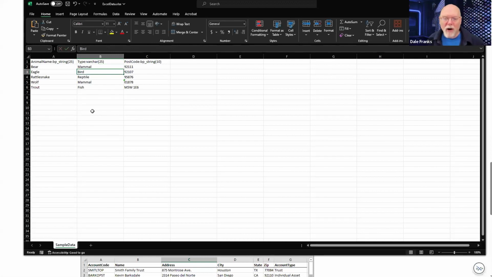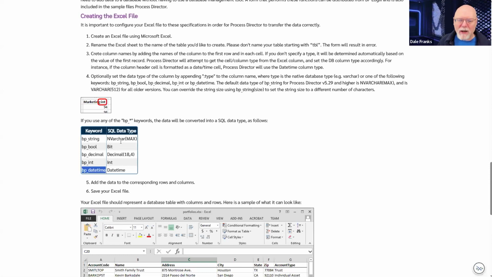We'll make that a varchar 25. Again, not going to get into the difference between nvarchar and varchar, but it's okay. We're going to refix this anyway. We're just doing demos at the moment. So I can do it one of two ways. Obviously, if you don't know the name, the simplest way is just go BP underscore string, BP underscore int, BP underscore decimal. And as the documentation indicates, it's just going to create the appropriate field type for you in the